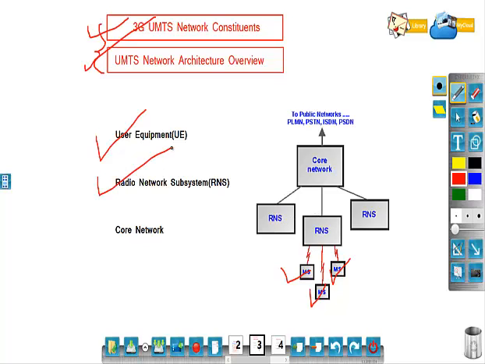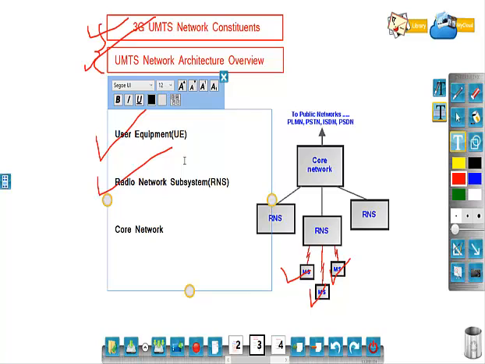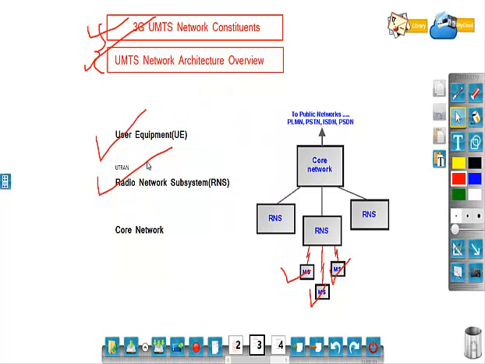Next, the radio network subsystem or RNS. The RNS is also known as the UMTS radio access network, so it's actually UTRAN. We'll write it down. RNS is also called UTRAN. We'll once again go through it. So what is this UTRAN? UTRAN is nothing but UMTS